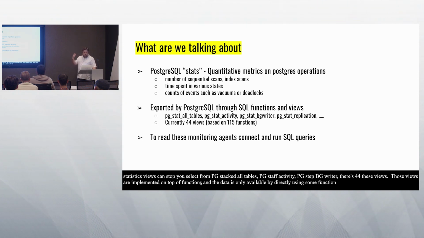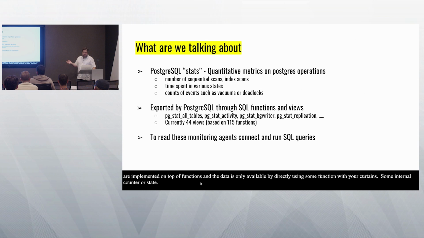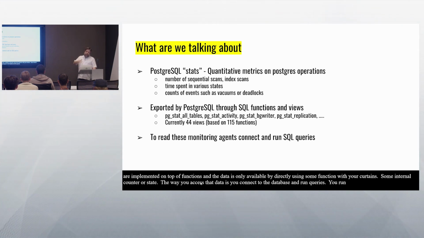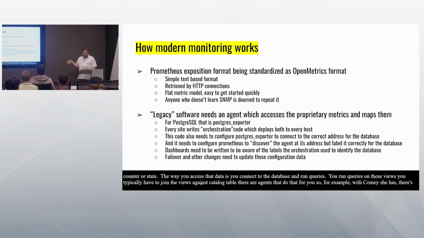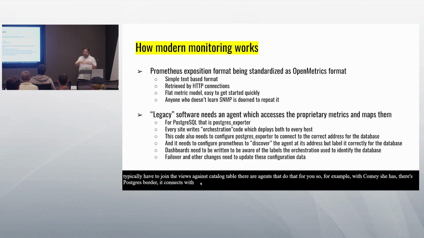So the way you access that data is you connect to the database through SQL, and you run queries on these views. You typically have to join the views against catalog tables. There are agents that do that for you. So for example, with Prometheus, there's Postgres exporter. It connects to your database, and it runs various queries. It gets the statistics and the metadata about those statistics, which typically come from the catalog, and exports them to